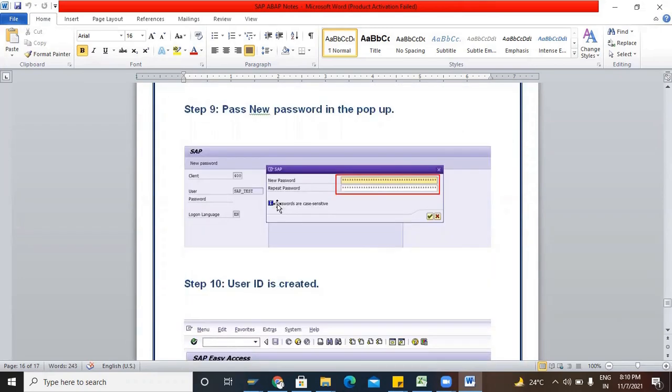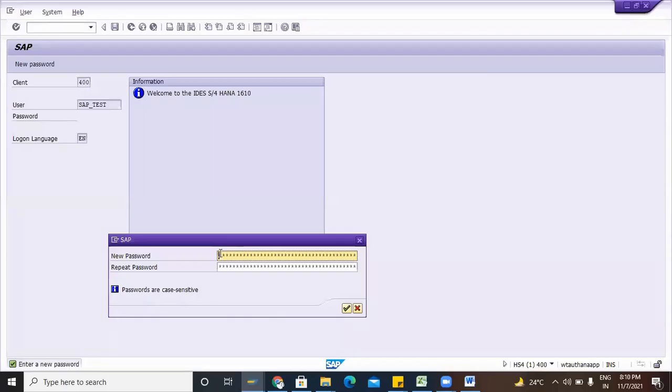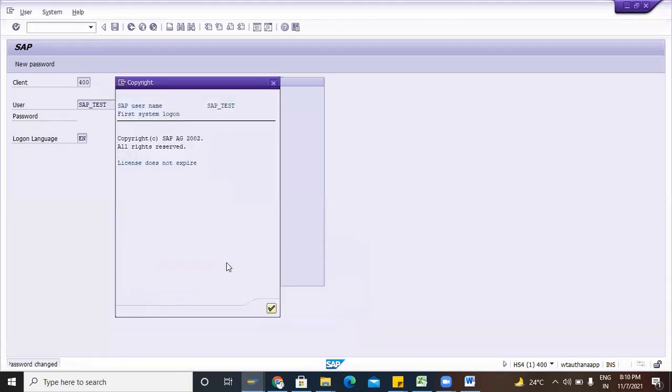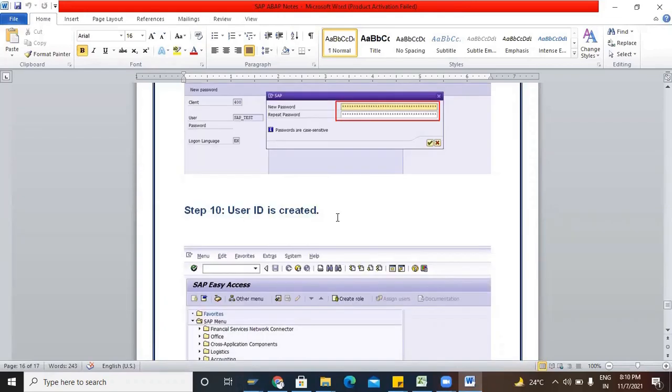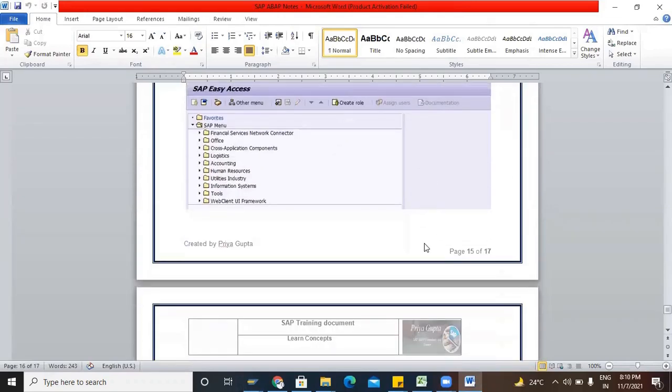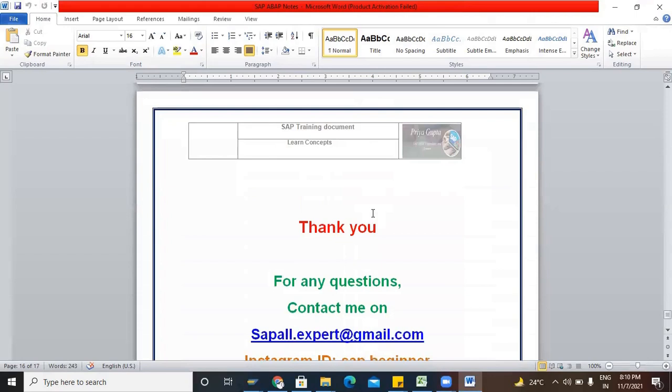Then pass the new password in the pop-up. So here you can pass the new password. So your user ID is created. Now you can use this user ID.